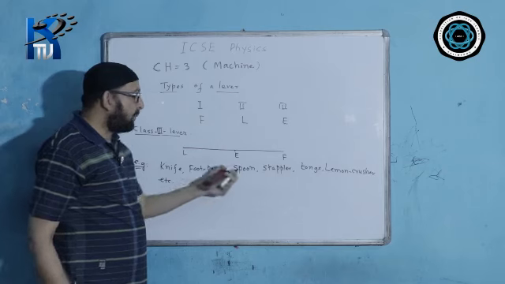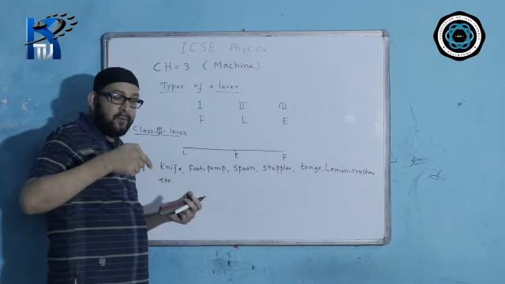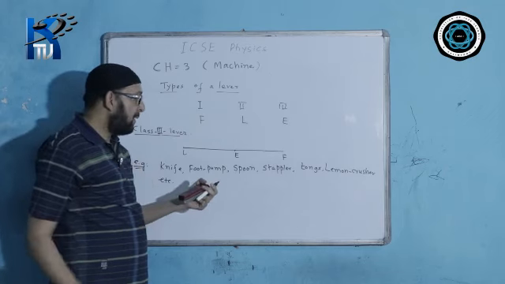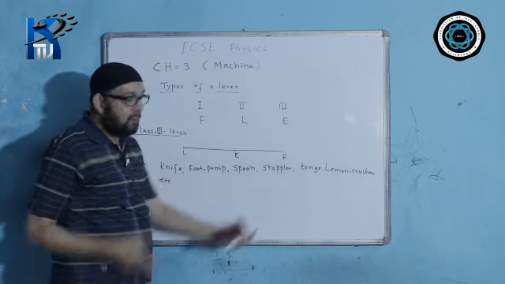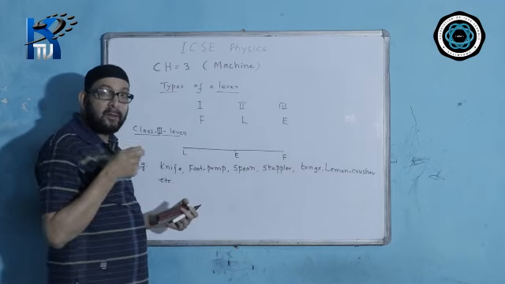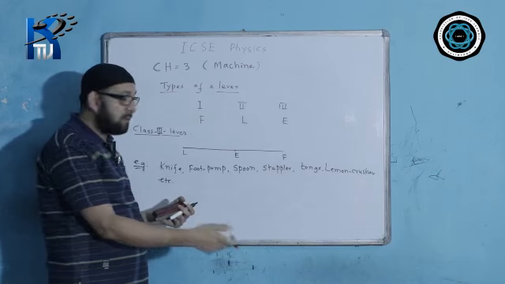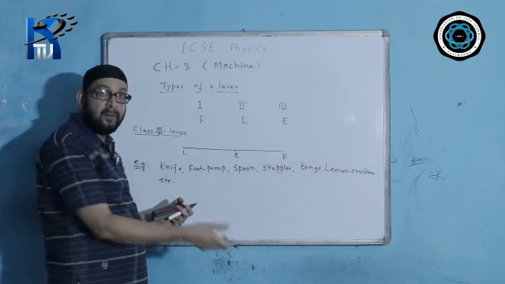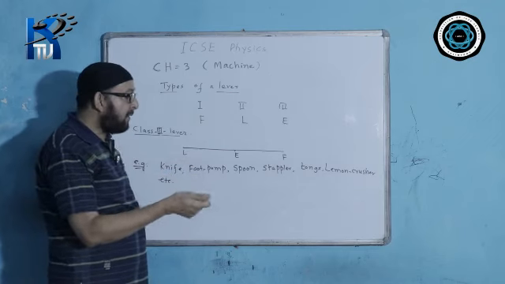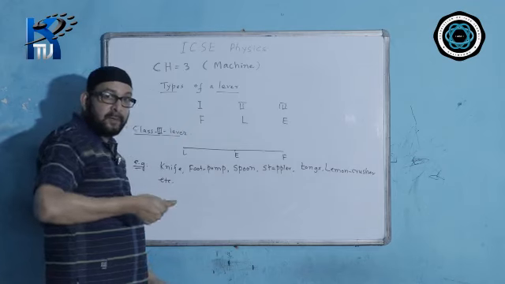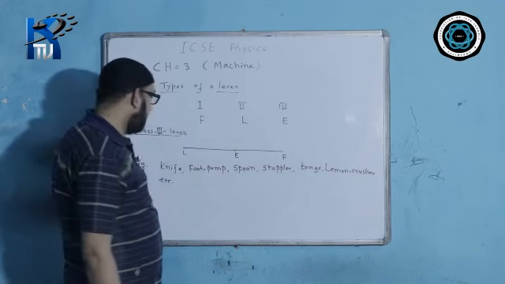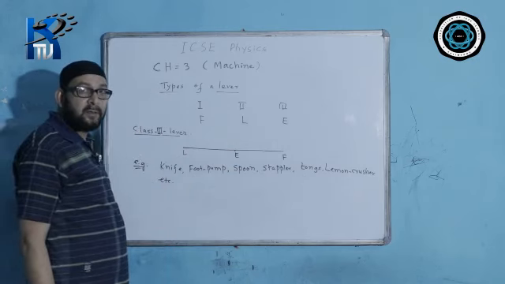Then spoon, the middle part of the spoon we hold and then we stir any liquid like this. This is also class 3 lever. Tongs, fire tongs and all. We use them to lift something, maybe a piece of coal, or a cube of ice, or a cube of sugar, by applying the effort somewhere in between. Lemon crusher also, we press the central part of it in order to crush the lemon. So they all are examples of class 3 lever.